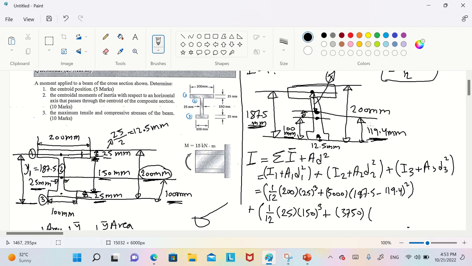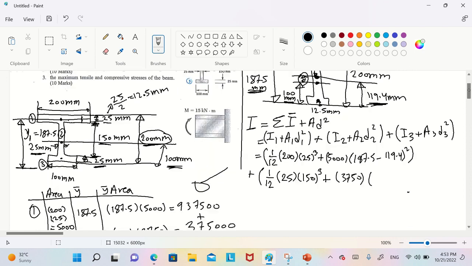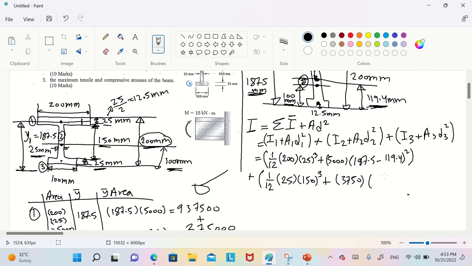So 119.4 minus 100, you will get this one. You can say 100 minus 119, no problem, because of the square you will cancel the negative. So you can do both. So 119.4 minus 100 square